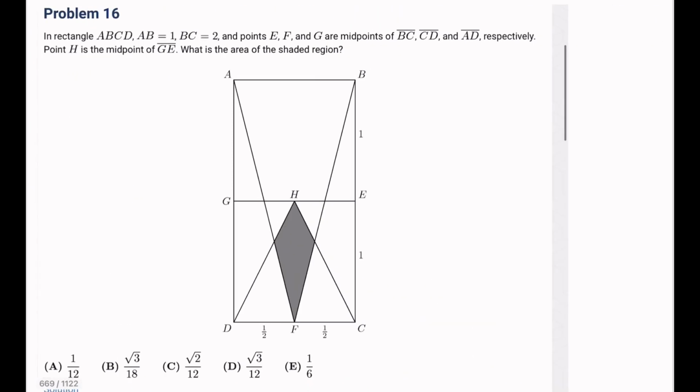Number 16. In rectangle ABCD, AB is 1, BC is 2, points E, F, G are midpoints of BC, CD, and AD respectively. Point H is the midpoint of GE. What is the area of the shaded region right here? Right, so the first thing that we want to do is put a line through HF. And that is because we have to notice that this triangle and this triangle are similar triangles, right? Because they share this angle and